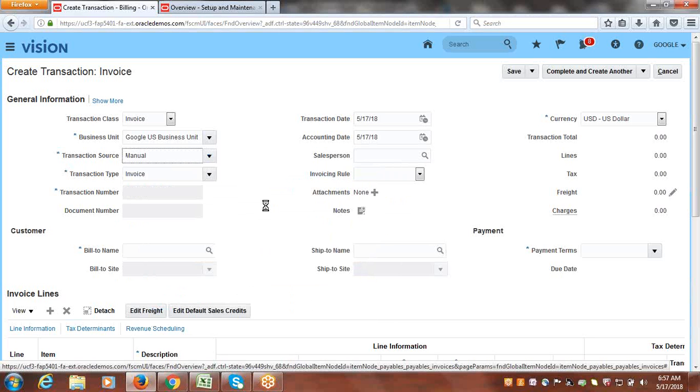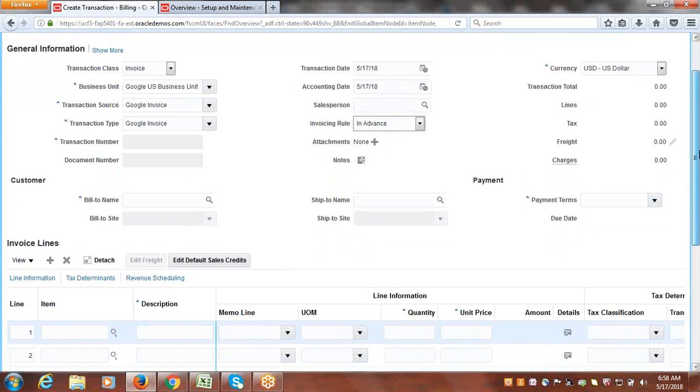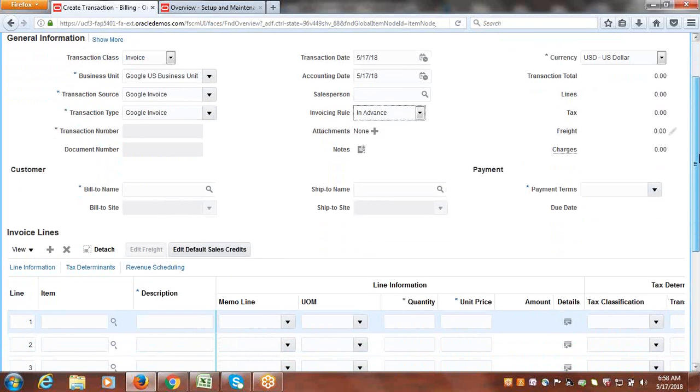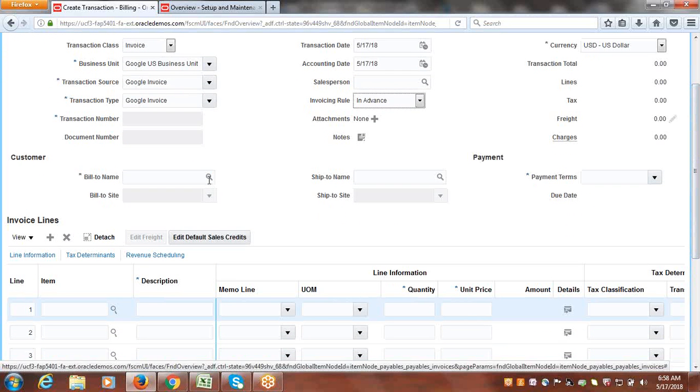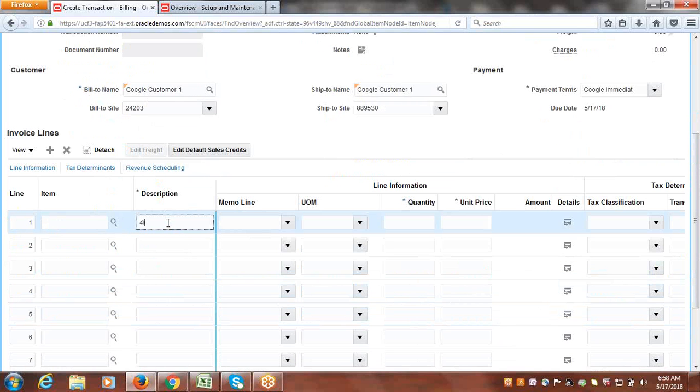Google invoice transaction source, and select invoicing rule as in advance or in arrears, depending on how you want accounting for the business scenario. Here we'll go with in advance. So the system will use the unearned revenue account, and in subsequent periods it will reverse unearned revenue and hit the same amount to the revenue account, right? So select our customer, Google customer, and say 4 months contract,